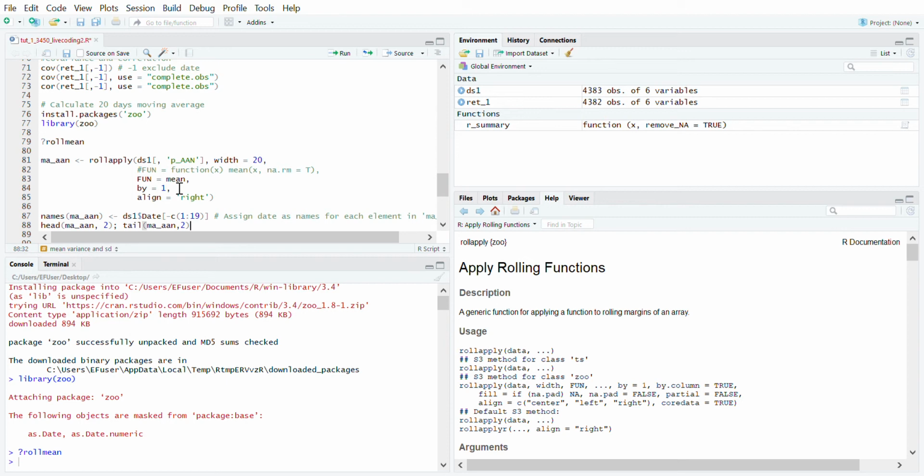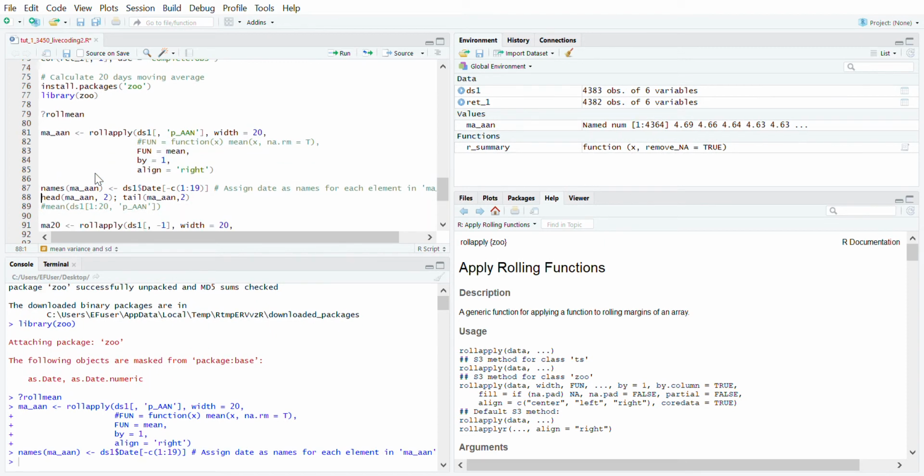In this case, we just want the 20 days moving average, so simply mean is going to work fine. You can also provide anonymous functions. Either way is good. You can provide the function name or the function itself, and then we'll just run this on a single factor, the price of the AAN as an example,